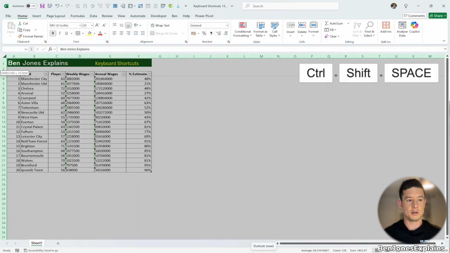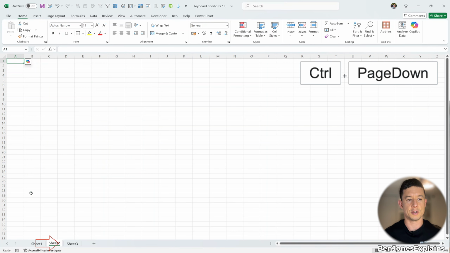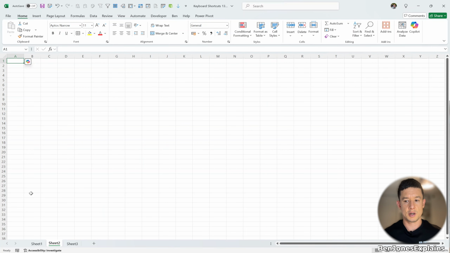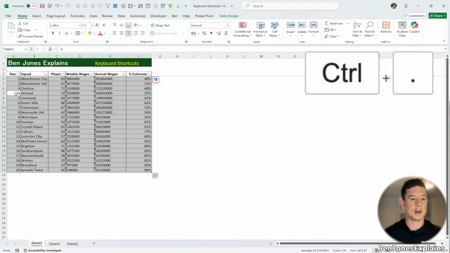Ctrl Shift Space selects the entire worksheet. Ctrl and Page down moves you to the worksheet to the right. Ctrl and Page up moves you to the worksheet to the left. With a highlighted range, you can quickly move around the corners of the range by holding Ctrl and period. This takes you from the top left, press it again, top right, press it again, bottom right, press it again,